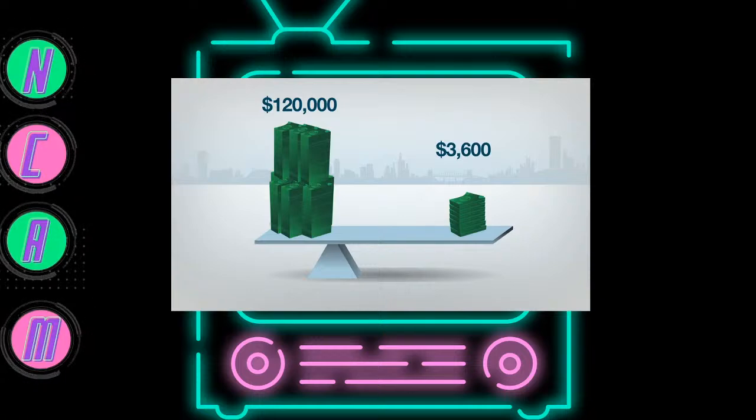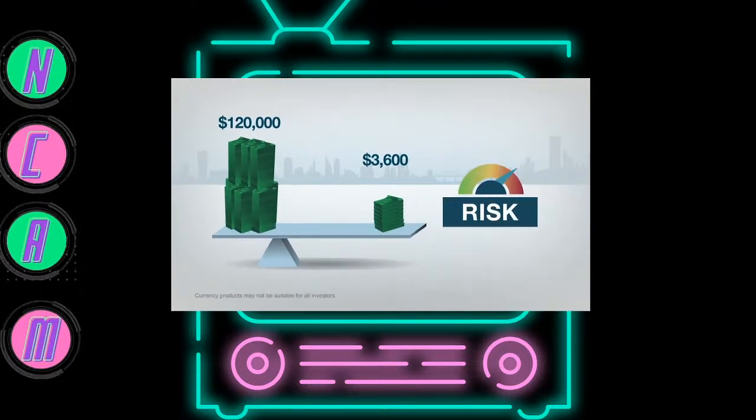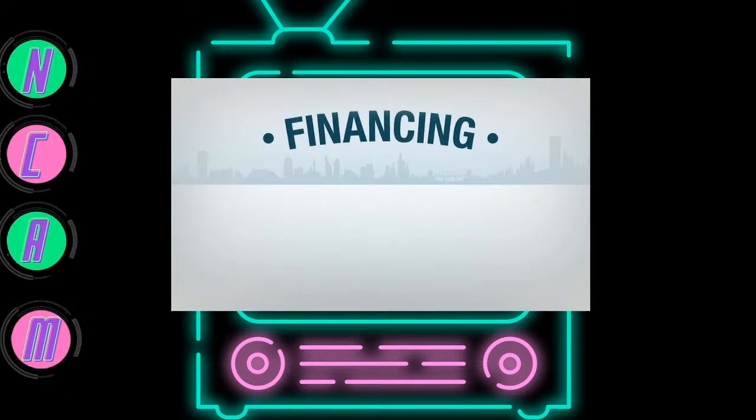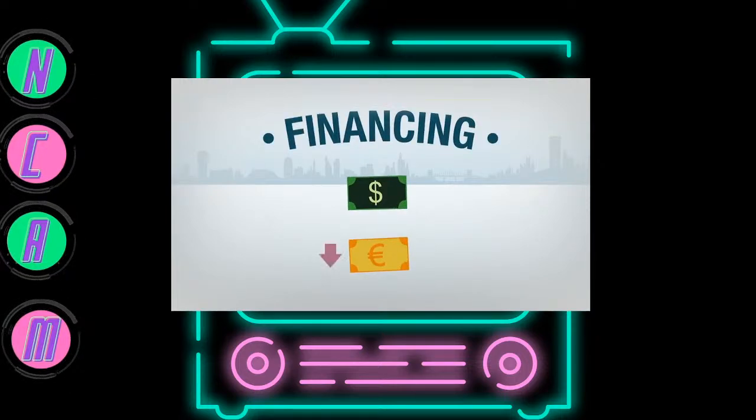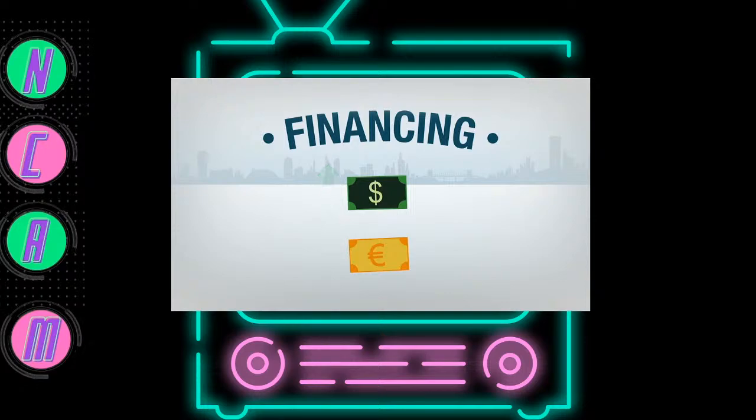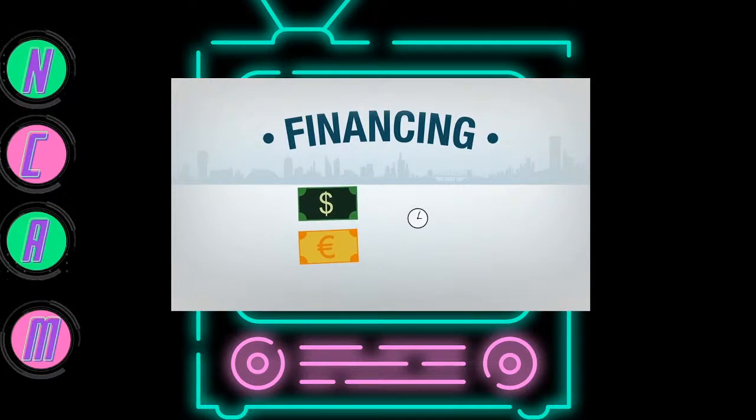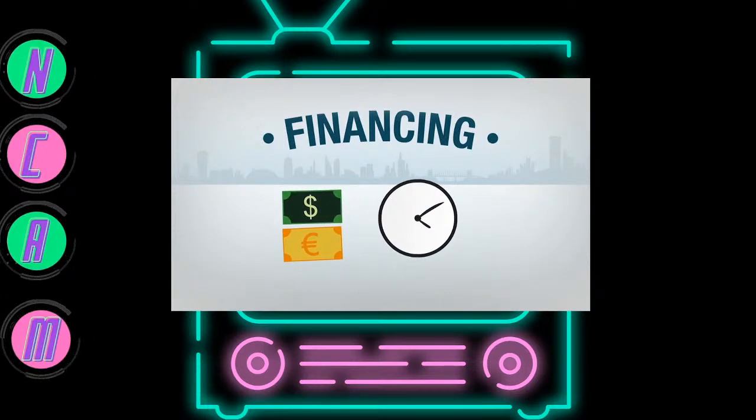The leverage associated with currency pairs is one of the biggest benefits of the Forex market, but it's also one of the biggest risks. Leverage gives investors the potential to make large profits or large losses. One more important element in the Forex market is financing. This is the calculation of net interest owed or earned on currency pairs, and it happens when an investor holds a position past the close of the trading day.